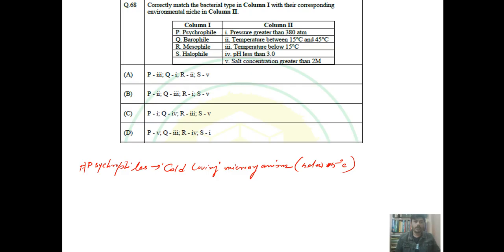Now, if we see the barophiles, barophiles are the microorganisms that love to grow in a high pressure environment. So they live in high pressure environments, and primarily they are found to be present in deep sea locations. If we see the mesophiles,